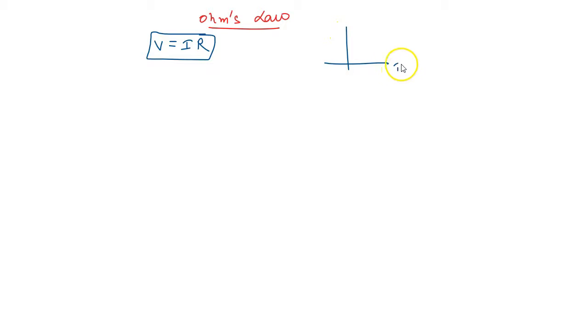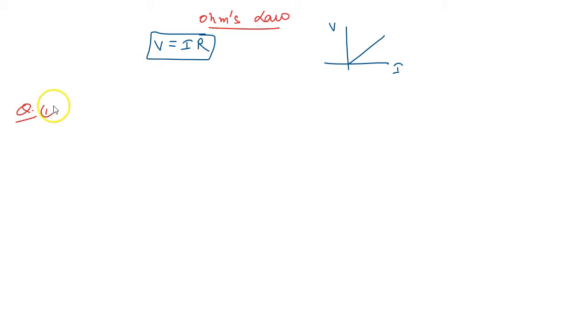So hi everyone, let us see some of the numericals based on Ohm's law that we discussed in the last lecture. So what was Ohm's law? Let's quickly recapitulate. Potential difference is directly proportional to current. So V is equal to IR. We also talked about the graph of V versus I. So for an ohmic conductor, the graph will be a linear straight line.